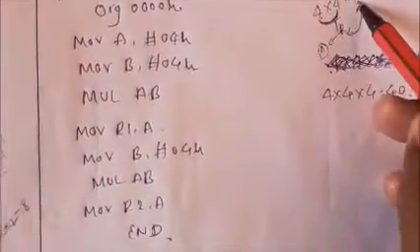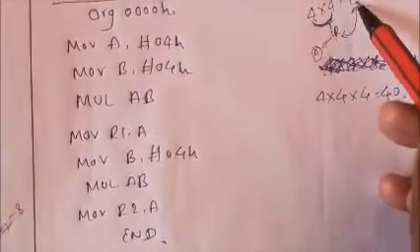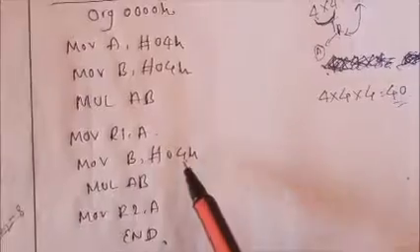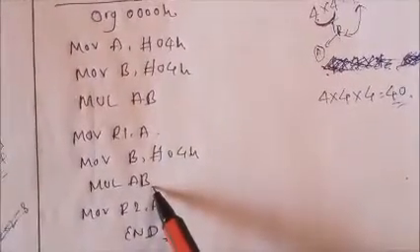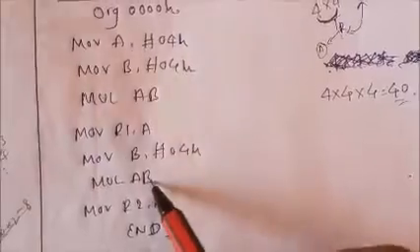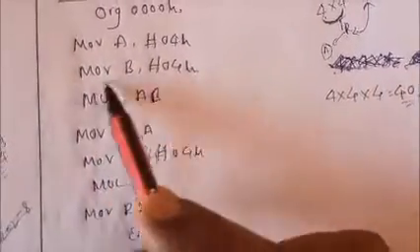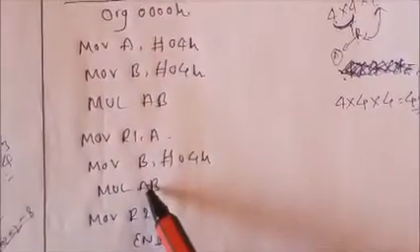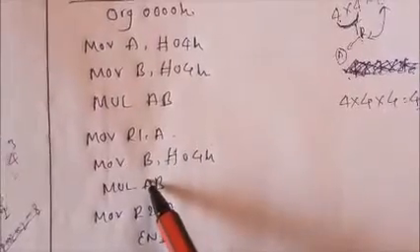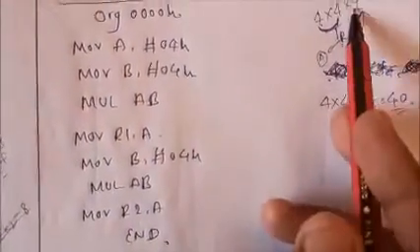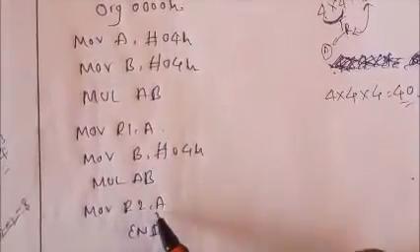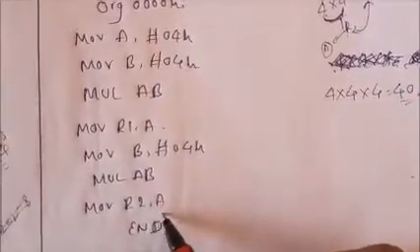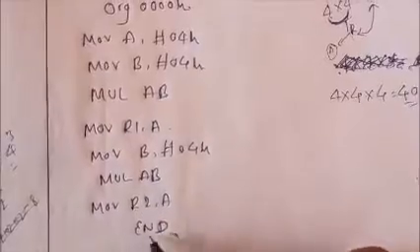Next I need to perform the multiplication with the third 4. Again this third number, this 4, I load to the register B by using MOV B, #04H. Next I perform MUL AB again. The content of A is the result of the first multiplication of the first two numbers, and this is multiplied with the present third number in register B. So finally we get the result in the accumulator. Then MOV R2, A, that means the content of A is moved to R2. And finally, this is the end.